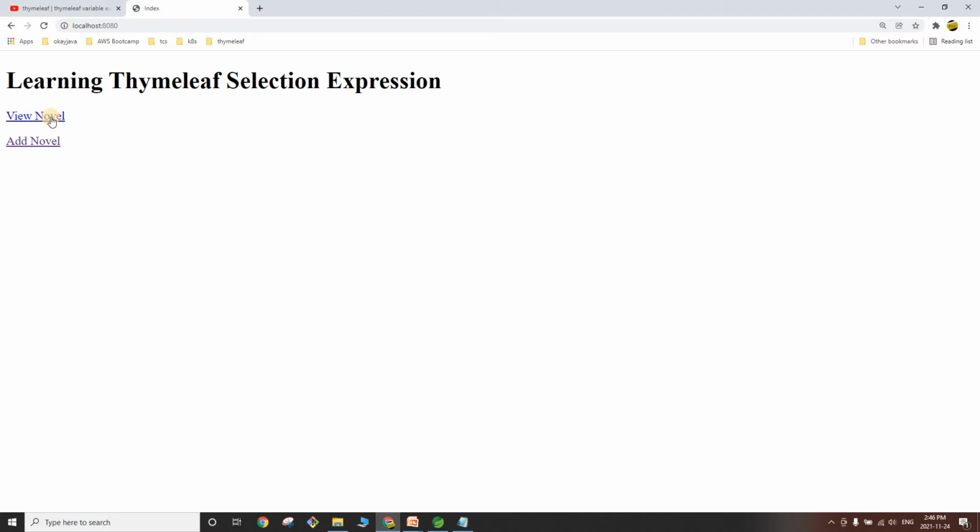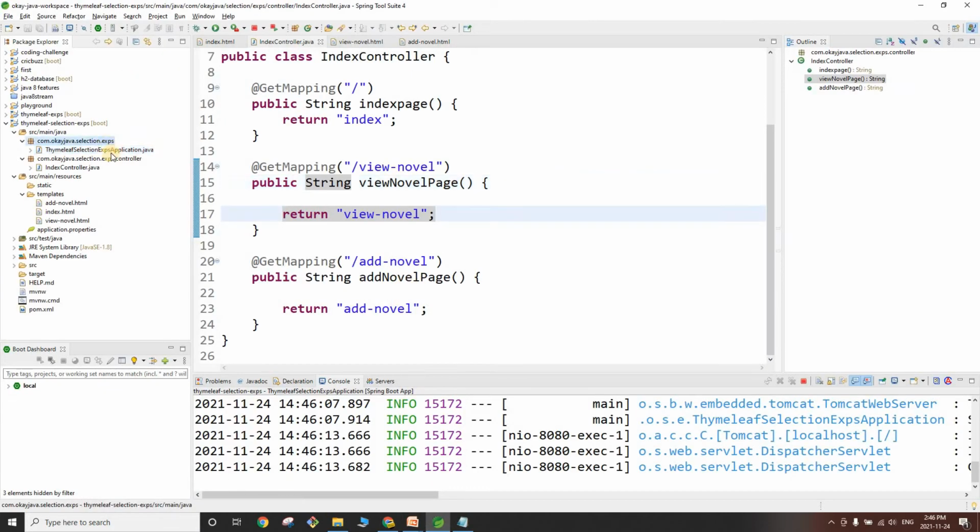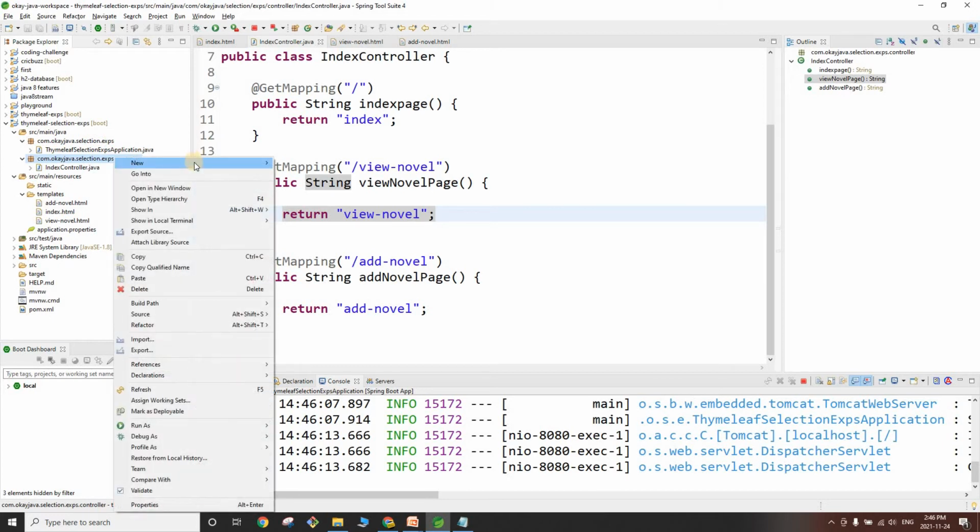View novel and add novel. So if I click on view, it says view novel page, and if I click on add, it says add novel page. So we are good, right? Let's go back. Now guys, we are going to add a VO